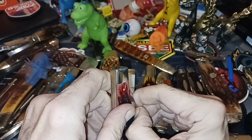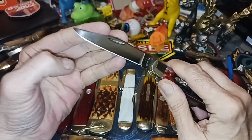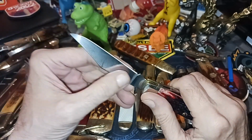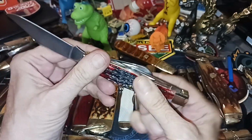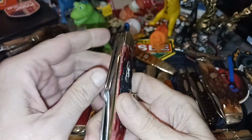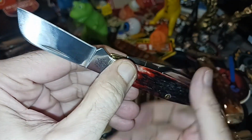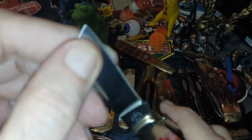Now, one of the things I've mentioned before is Case will usually supply you with a working edge on their knives. This one's not bad on the main blade. Now, let's go with the sheep's foot. And what we're going to see here is something that I don't consider an issue, because